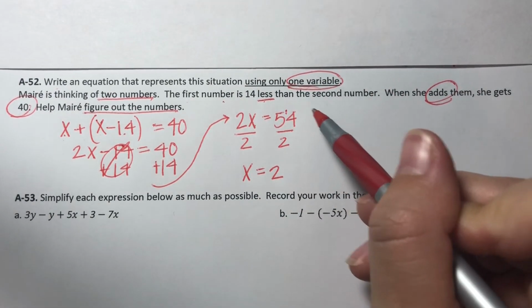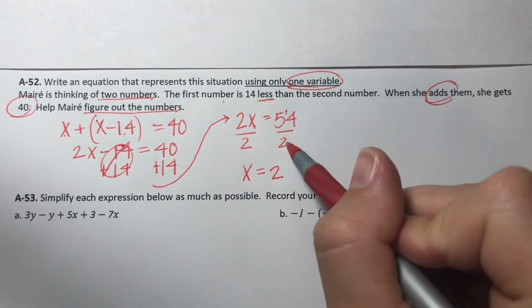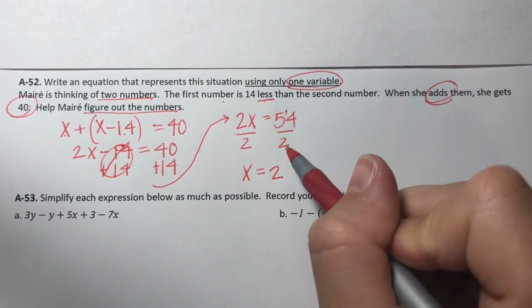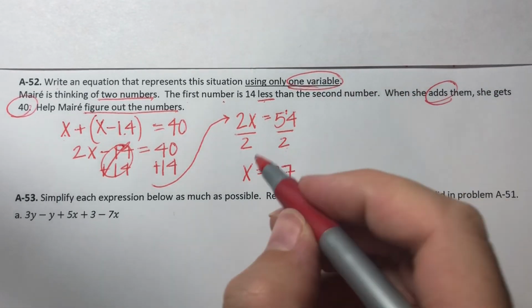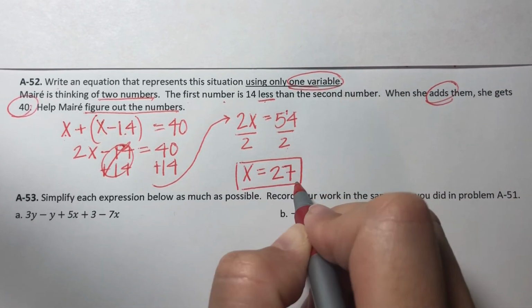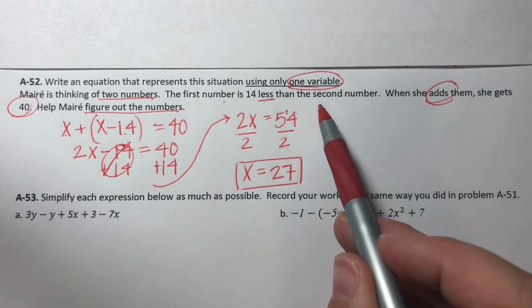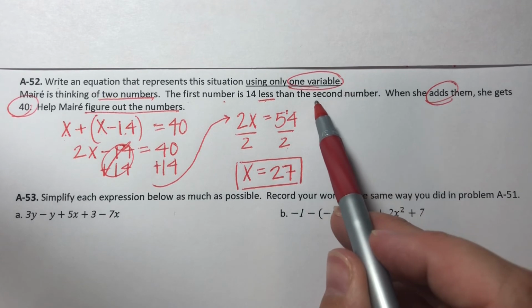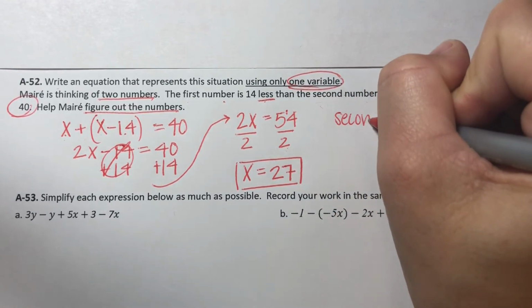This is going back to like division that you did, I don't know, in 3rd or 4th grade. Anyways, now think of it as 14 divided by 2. Well, 14 divided by 2 is 7. So that means that x equals 7. Now remember, you're not done because x is only representative of this second number. So we could say the second number